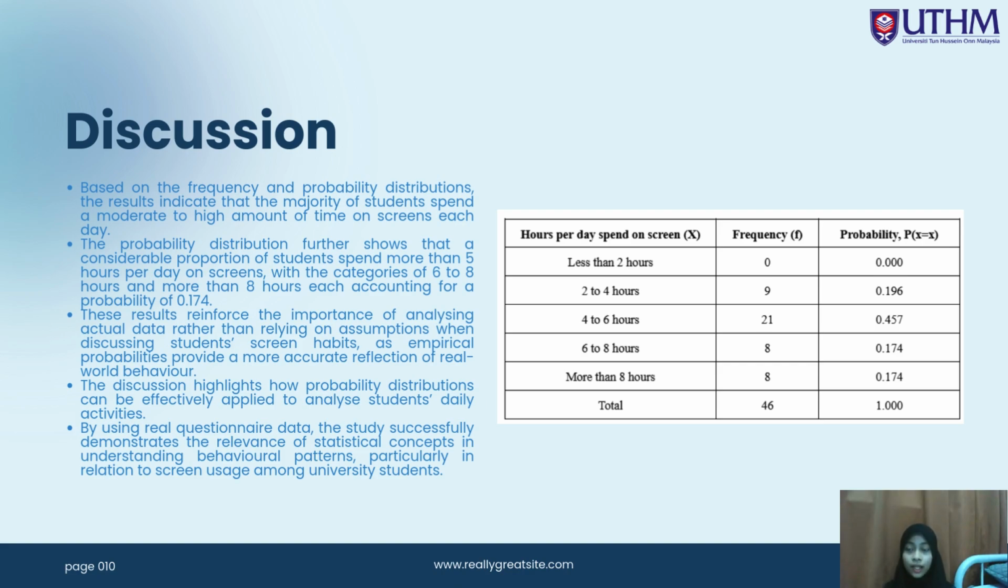I'm Laila and I will explain the discussion part, where we analyzed the daily screen time among students using the Poisson distribution. Based on the frequency and probability distribution, the results indicate the majority of students spend a moderate to high amount of time on screens each day, with the highest probability, 0.457, corresponding to students spending between 4 to 6 hours daily on screen-related activities, making this interval the most representative of typical students'